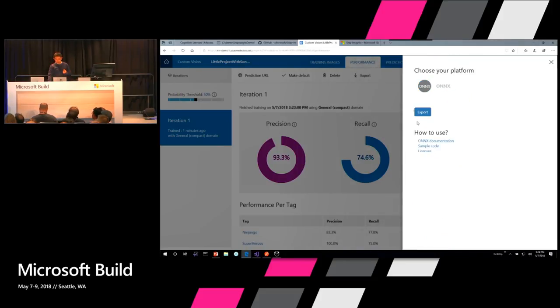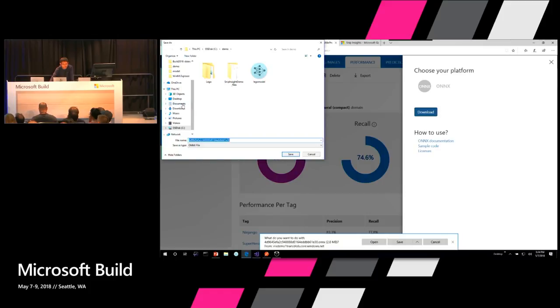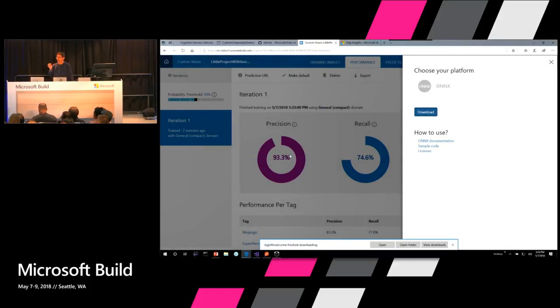And if I click Export right now, what is happening is it's generating the file, right? But not only that, it's taking the huge model that's built in the cloud, compressing it into a small model called an ONNX model, and it's going to run on device. So if I click Download, and do Save As, and let me just save it anywhere on the desktop, and call this Lego model. Right. This is essentially the model that we have just trained in the cloud, and it should just work, right?